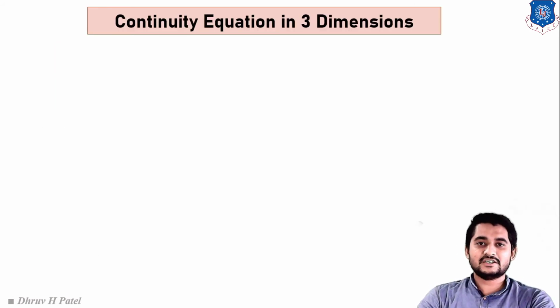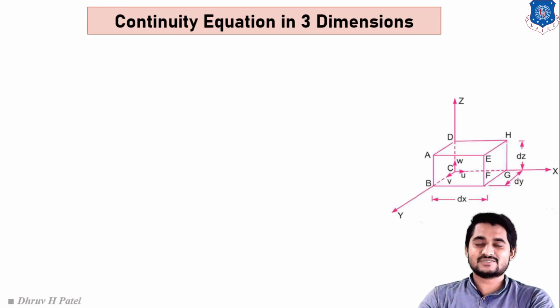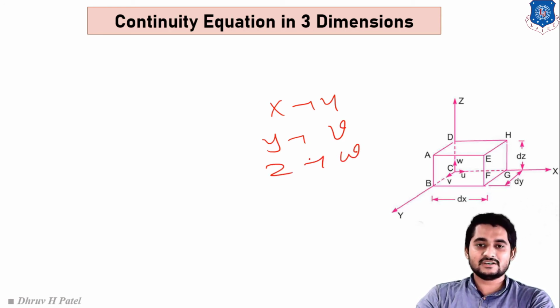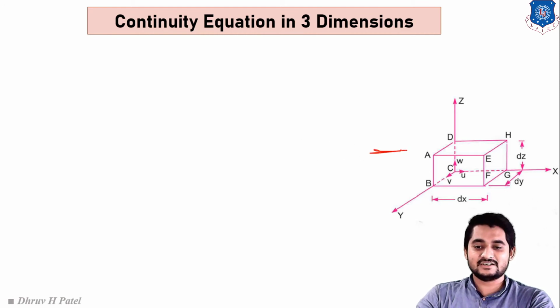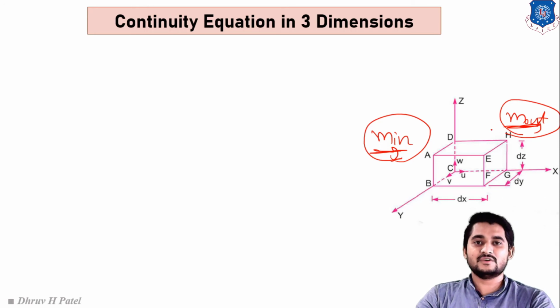So let us revise the continuity equation again. First of all, we have to understand the sketch. From the sketch, one cube is considered. For that cube, the x direction velocity will be u, the y direction velocity will be v, and the z direction velocity will be w. Clear? After that, we have to take the mass of fluid entering from the x direction, here the mass input, and in the x direction, the mass output. If we subtract the input mass from the output mass, we will get the net gain in mass in the x direction.